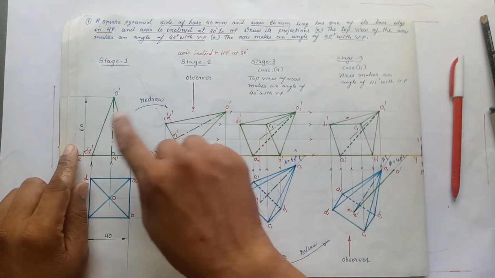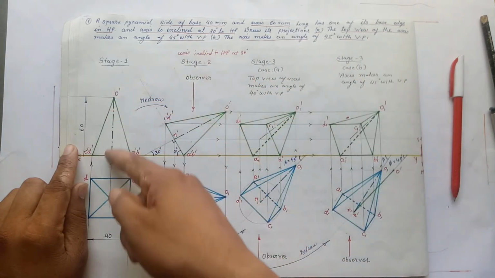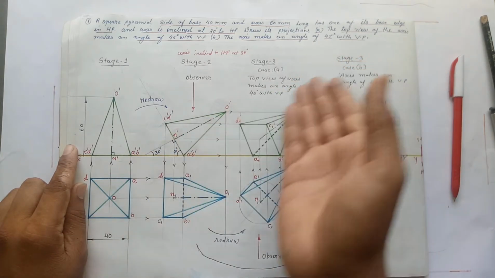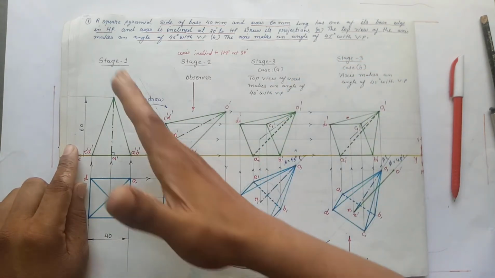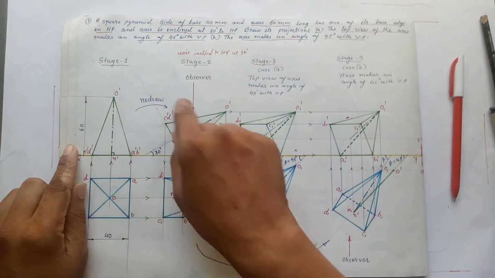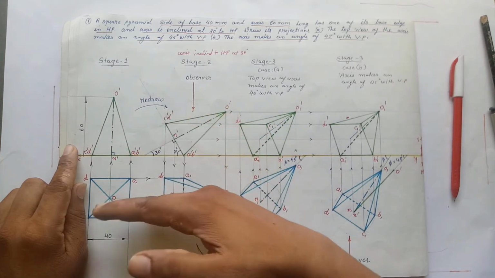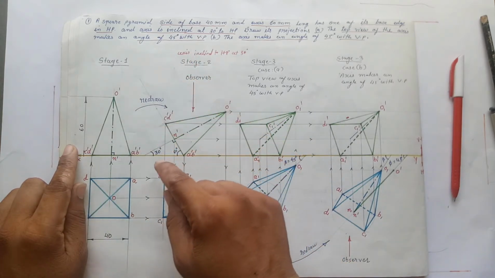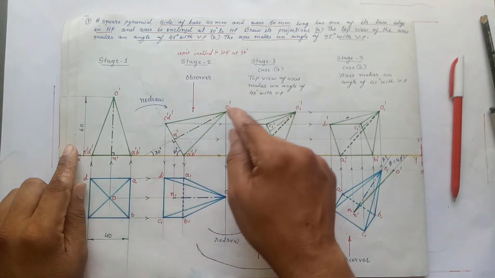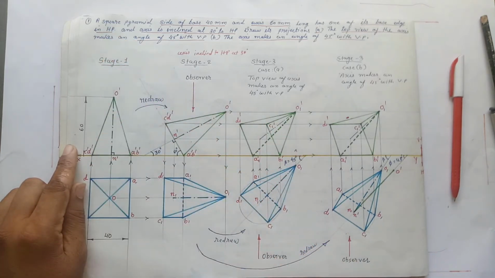So now we have to redraw this figure in the second stage by inclining the axis at an angle of 30 degrees. But don't go through the inclination of the axis, go through the inclination of the base, because it is a little difficult for you to copy this figure by using the angle of the axis. So incline the base, and we know that the axis and base are perpendicular to each other. So if we want to incline the axis at an angle of 30 degrees, we have to incline the base at an angle of 60 degrees.